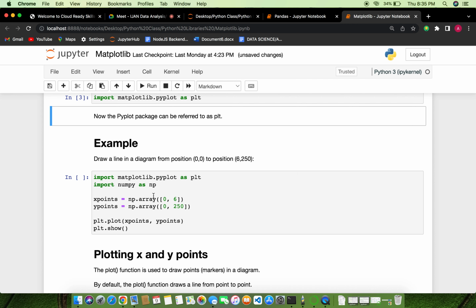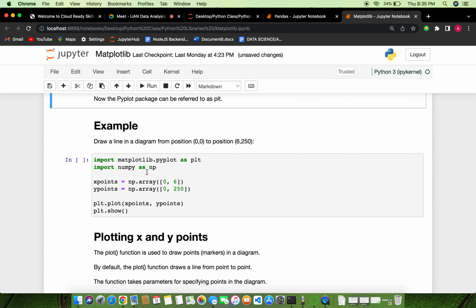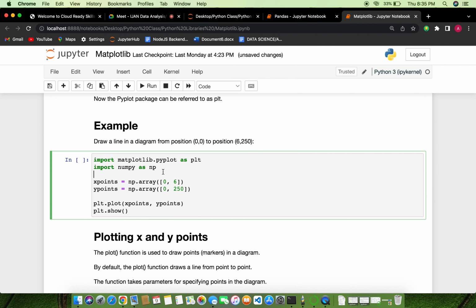So import numpy. Now I want to work with numpy and I want to work with matplotlib. I've already explained numpy to us. So I'm now going to take it further by adding matplotlib with numpy. So now you can see this array that I was talking about the other time. Now I want to create a chart of x and y, and I want to make it in a chart. So x point, I'm now using numpy as np dot array, which is